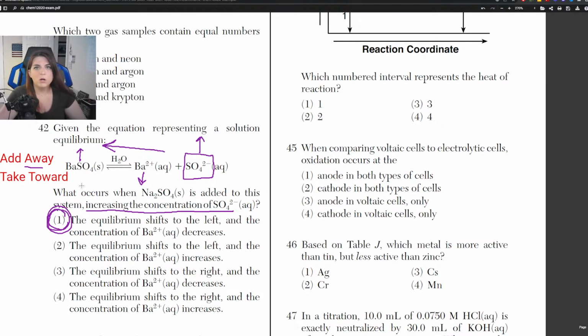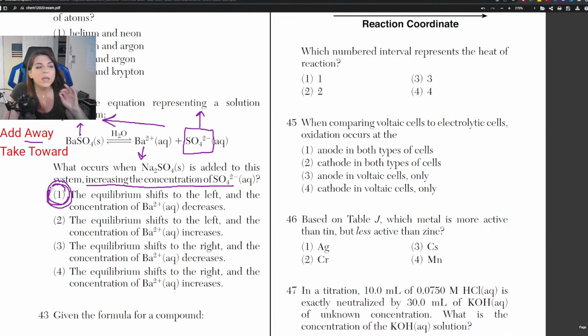considering the test is tomorrow, it's time to decide if you need to spend time learning Le Chatelier's principles for 1 point, or if it's better to spend time elsewhere. That's going to be up to you. My advice for the day before the test, once this stream is over,